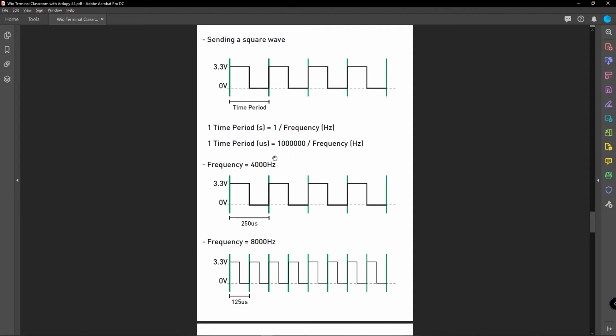So we will be sending square waves with different frequencies, and according to these different frequencies the buzzer will generate different tones. So the sound with 8000 Hz frequency will have a higher pitch than the sound with the 4000 Hz frequency. So what we will do is we will set the buzzer pin to high for half of the wave and set it to low for the second half of the wave, and high again, low, high again, low, and this time duration is very small.